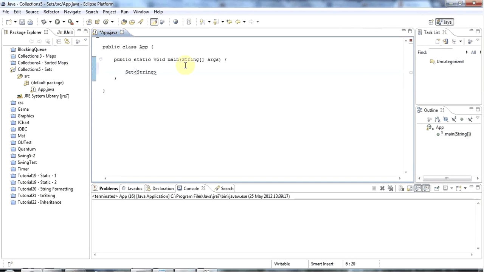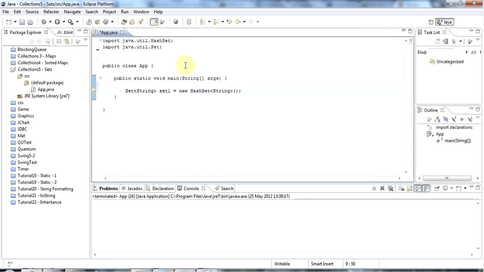So I'll create a set that stores strings, and I'll call this variable set1, and I'm going to set that equal to a new HashSet which stores, of course, strings. Now I can add elements to my set by saying set1.add, and let's just add some animals. I'll add dog for a start, and I'll copy that, and let's have a few more: dog, cat, mouse,